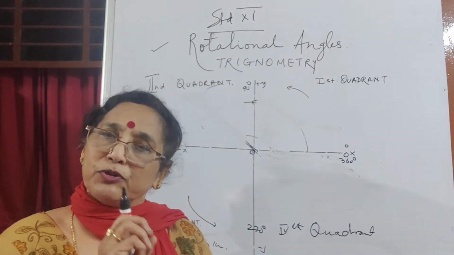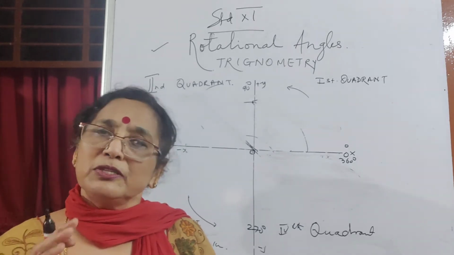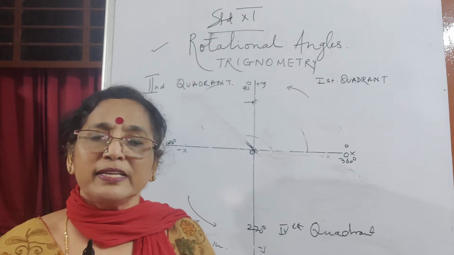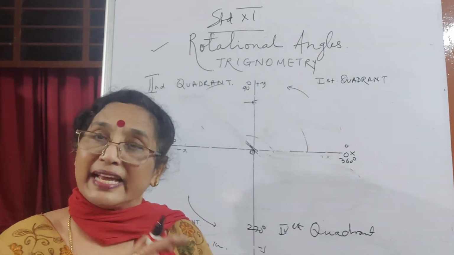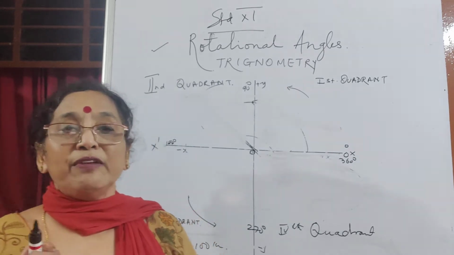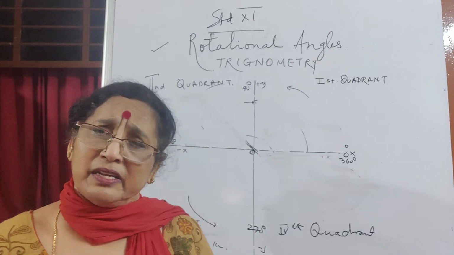Plus theta, that means we don't write a sign. Positive means you're going anti-clockwise, and negative means you're going clockwise. Magnitude wise, plus theta and minus theta are the same. Direction wise, plus is anti-clockwise, minus is clockwise. Then we see what is the concept. So there's no angle more than 360 degrees basically.